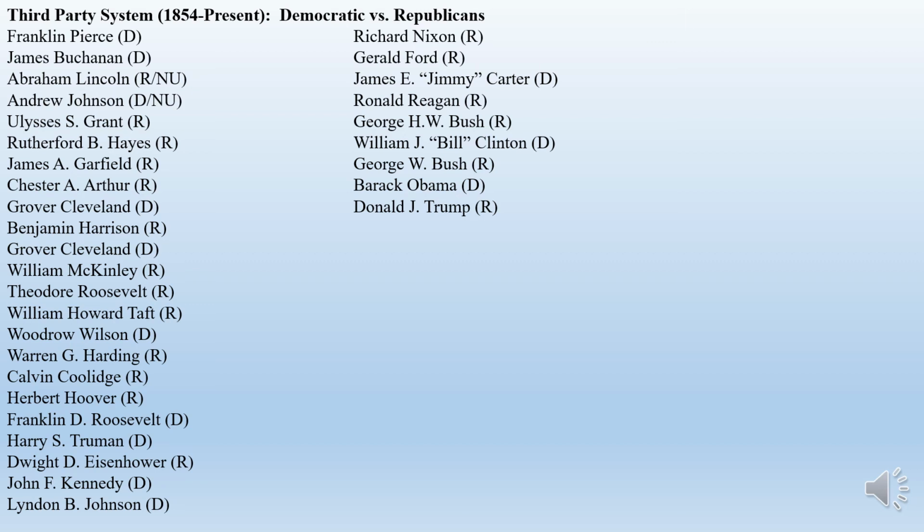Now, this brings us to the third party system. The third party system is from 1854 to present, and this is the Democratic Party versus the Republicans. In the early years of this, the Democratic Party was the party that had been around forever, so they are going to have an edge in this. But the first Republican to win election is Abraham Lincoln in 1860. Takes office in 1861. Obviously, we know why Lincoln is important. His election is important. It leads to secession and the Civil War.